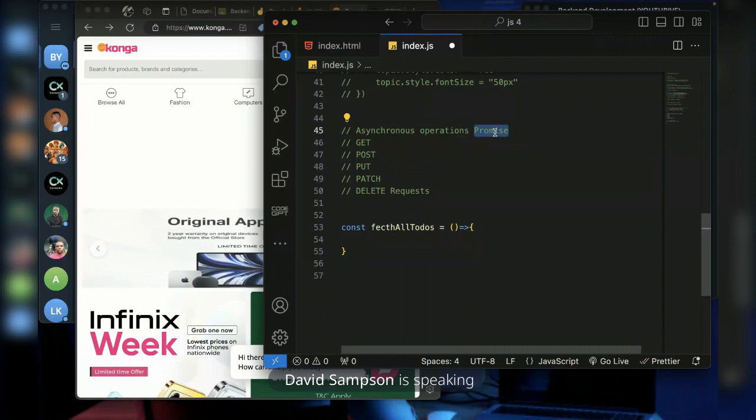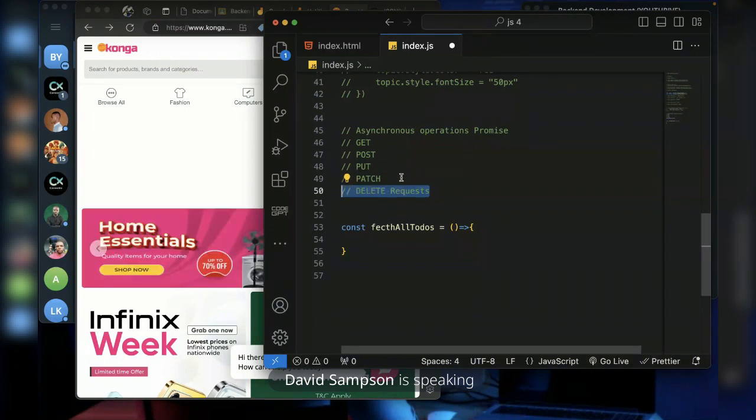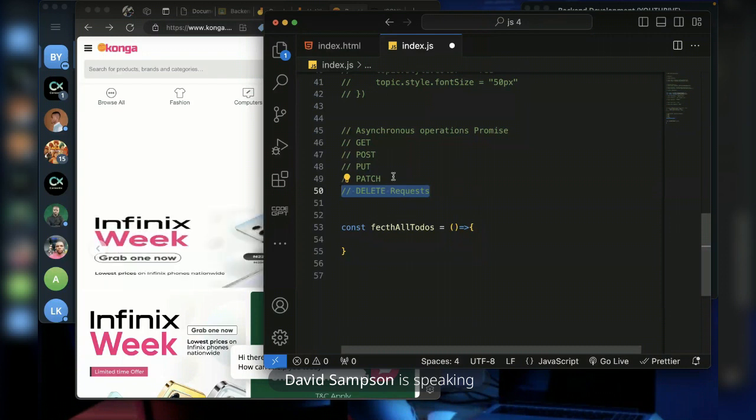So each of these requests returns a promise. And a promise is simply what will come back from the request. It can come back as successful, which means it has been fulfilled, or it can come back as unsuccessful, which means it failed.